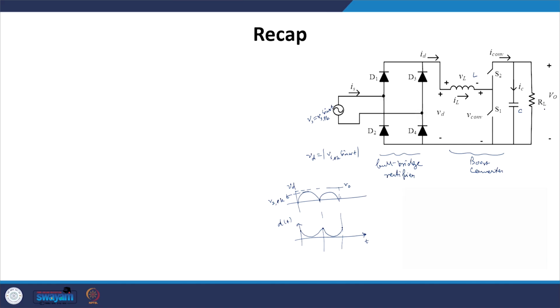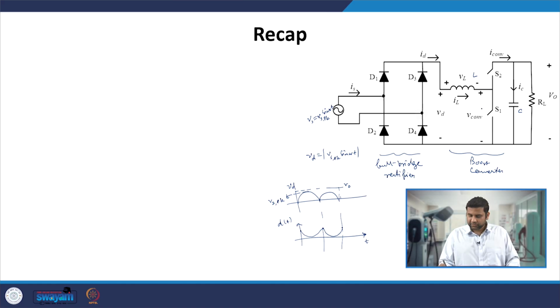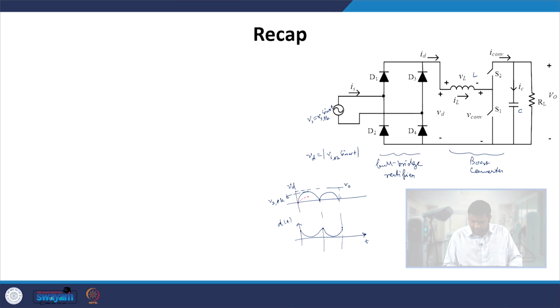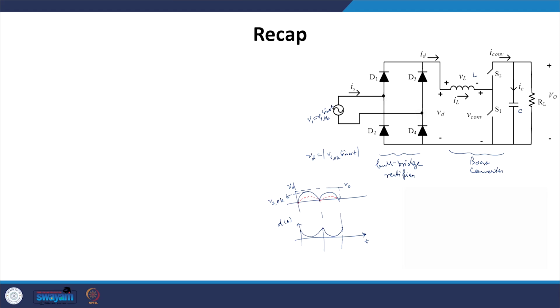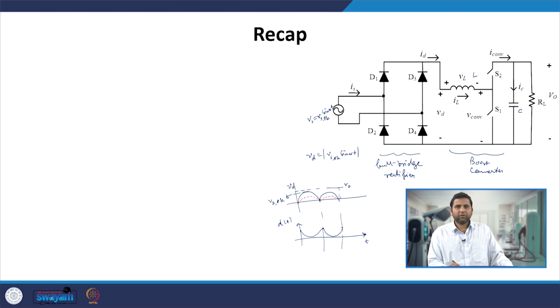At the same time, since the duty ratio is varied, we can apply a V converter voltage such that the current drawn from the Vd source follows the same pattern without any phase difference. As a result, the current drawn from the source will be a unity power factor current, and thus we can do two things: maintain the output voltage, and have unity power factor current drawn from the source.